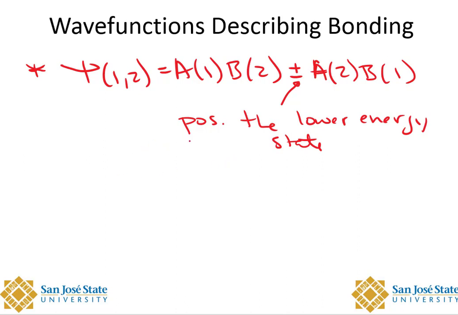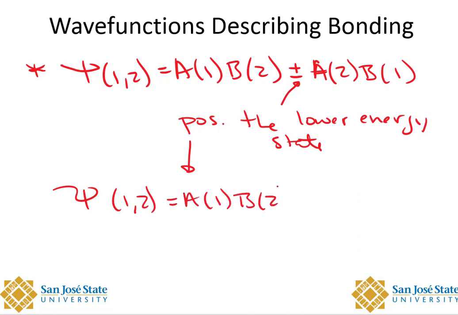Therefore, we can write our wave functions for 1 and 2 as A1 B2 plus A2 B1, and graphically what we need to do is to draw what this looks like as we begin